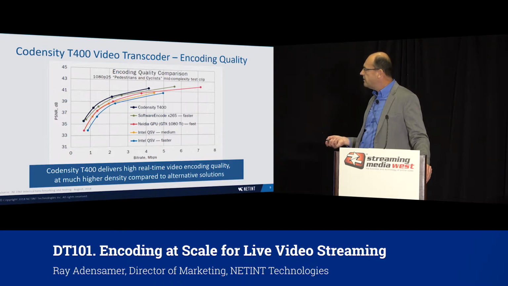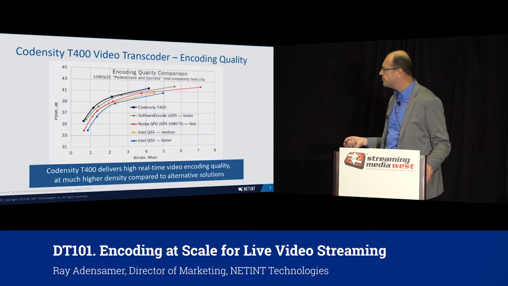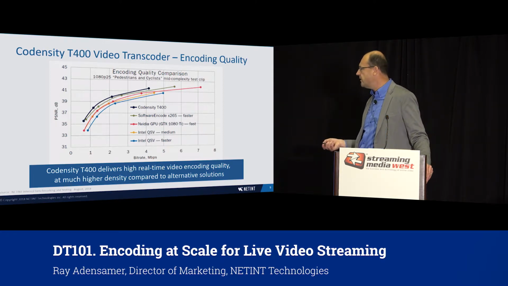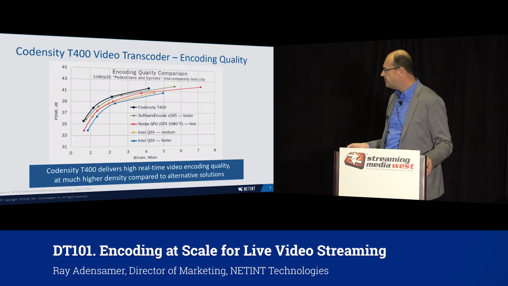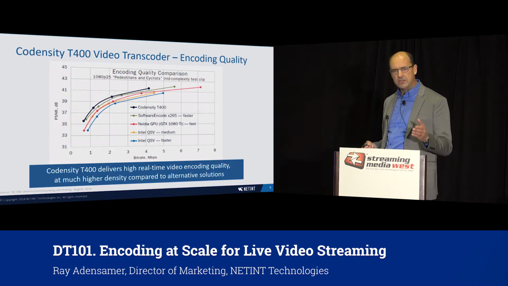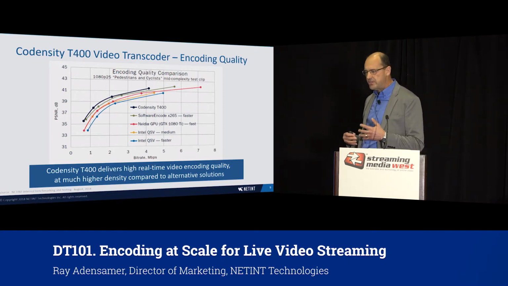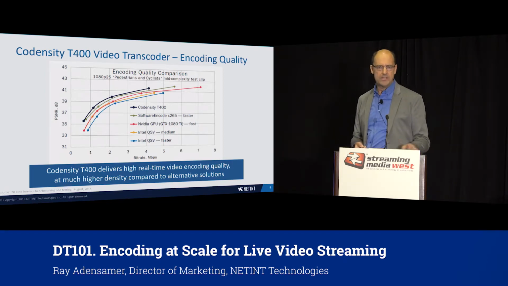We compared the PSNR quality score for our T400 solution to some comparables. Software encoding at faster preset. The NVIDIA GPU, very commonly used to scale your encoding capacity. We showed that we got better quality scores than that, and then the Intel Quick Sync video at the bottom. So we've got a solution. It's got decent quality, and I know this is internal benchmarking, but it's being validated by some of our early